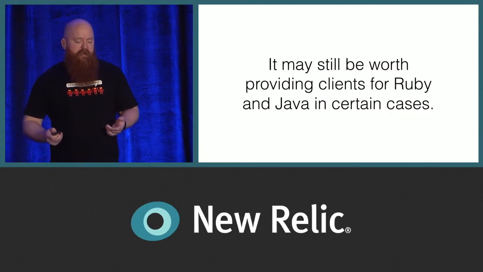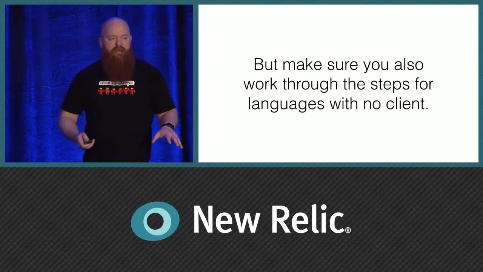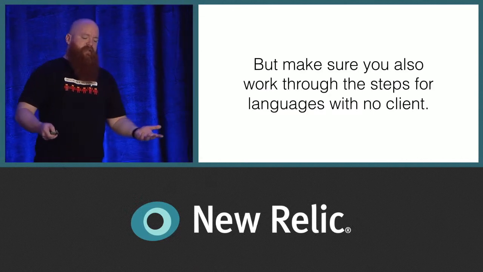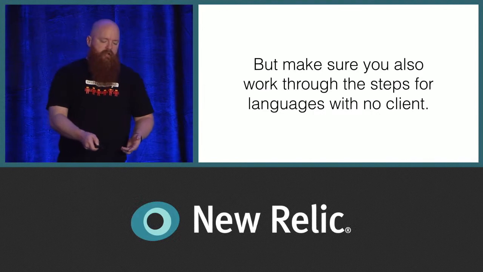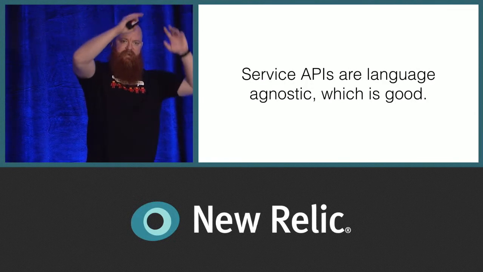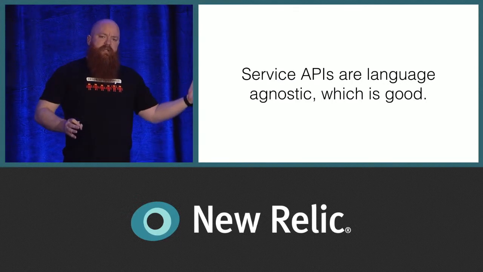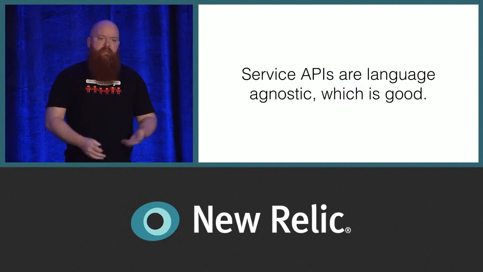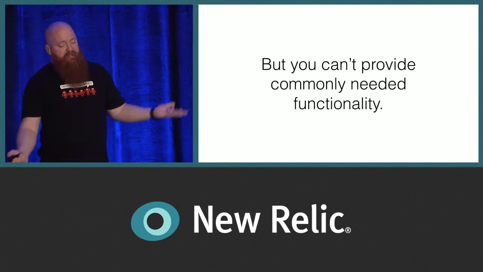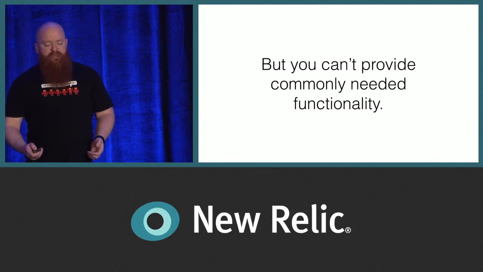But if you're going to do that, make sure you also at least work through the steps once for languages that don't have a client, just so that you know what to tell them they're going to have to implement themselves. So flip side, you could provide a service API. And by API in this case, I mean like a web service API, not like, I know client libraries have APIs too. But those are good because they're language agnostic. It doesn't matter what language your client is in. That's good. But the downside of that is that you can't provide needed functionality, which means that you end up